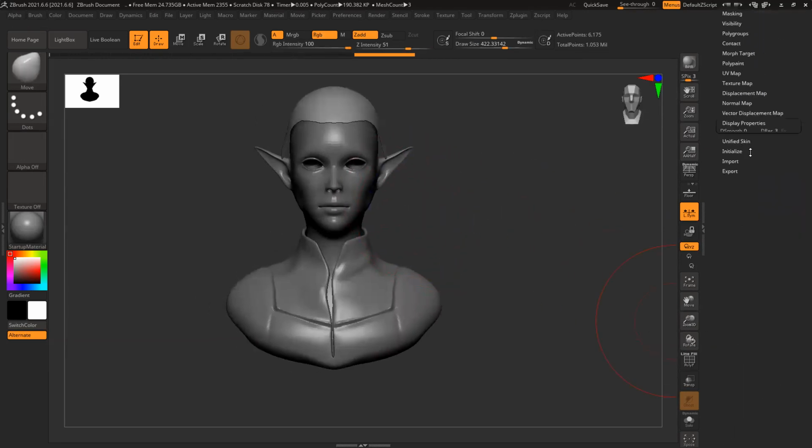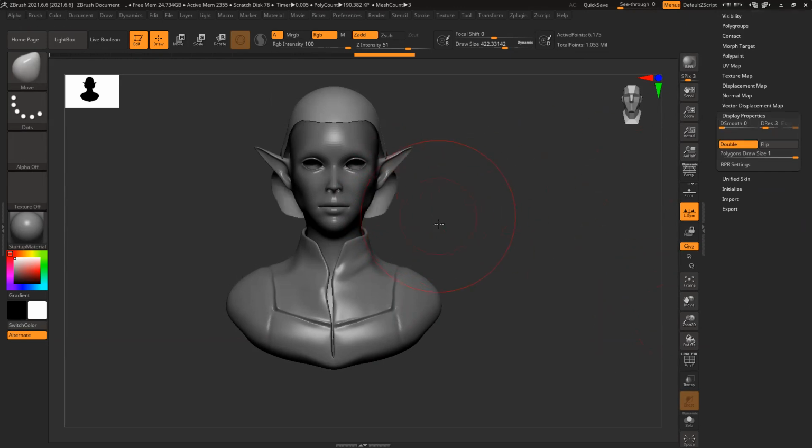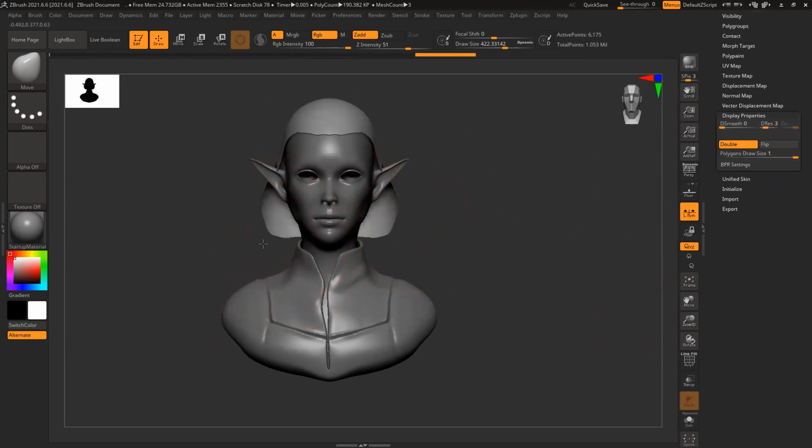And to make it visible, display properties, double-sided. I can see both the sides, so it will retain the shape. The inside part won't move, so it will become easy for me to create this volume.